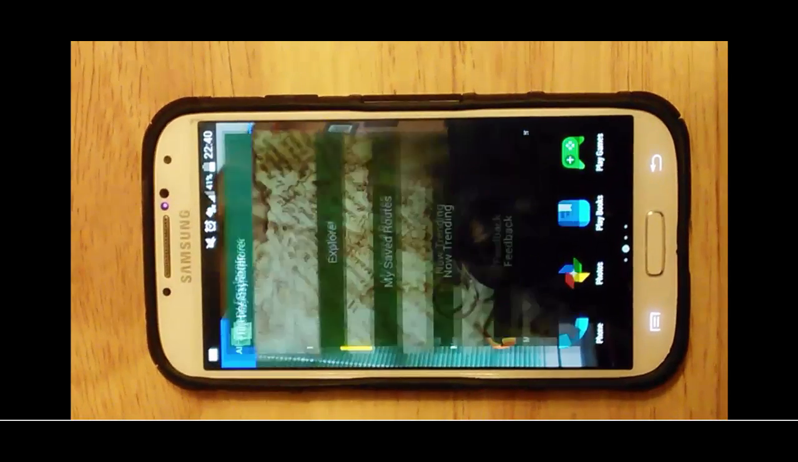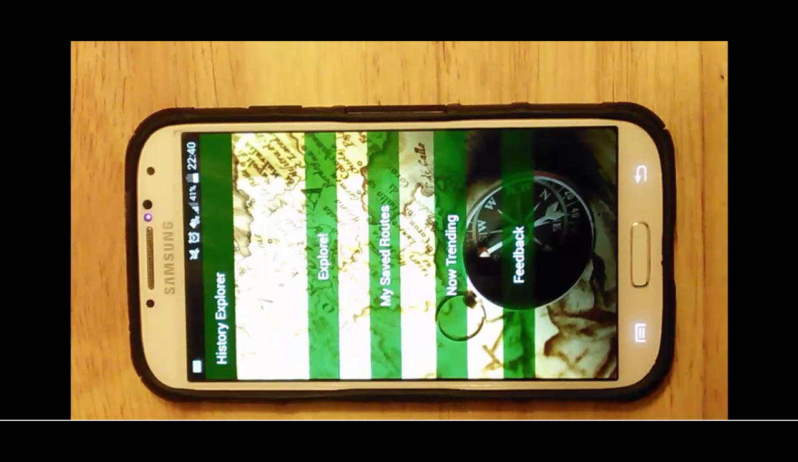Then we'll go ahead and launch the app, and initially there will be a splash screen that will then take you to this screen. This is the main menu screen, and as you can see we have Explorers, My Saved Routes, Now Trending, and Feedback. Explorer will take you to the historical sites, maps, as well as seeing nearby places and seeing places within the